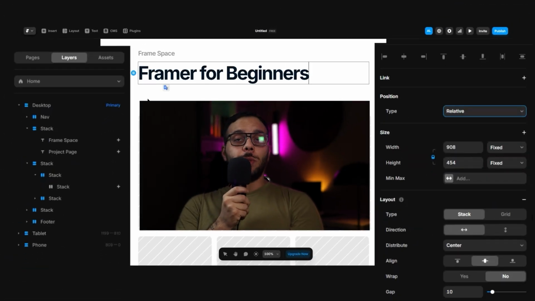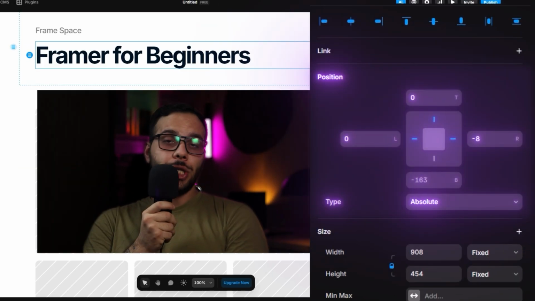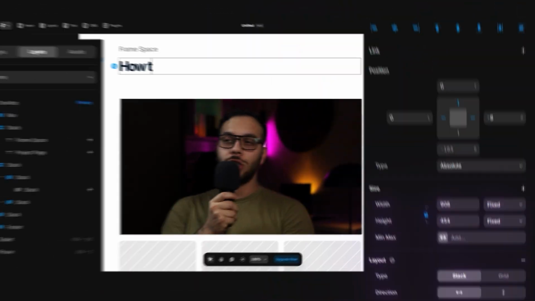Framer for beginners. In this video, you'll learn how to work with positioning, sizing, stacks, and how to structure your